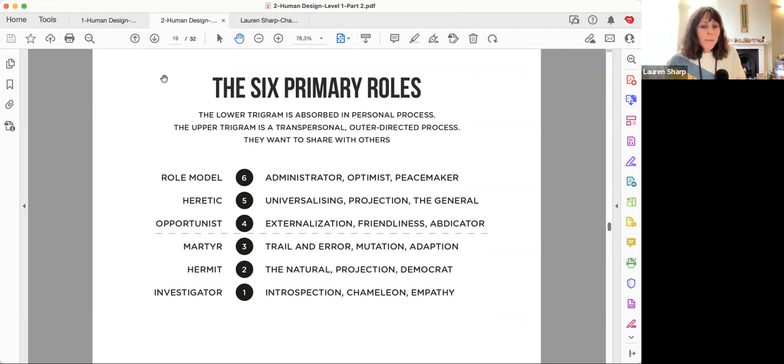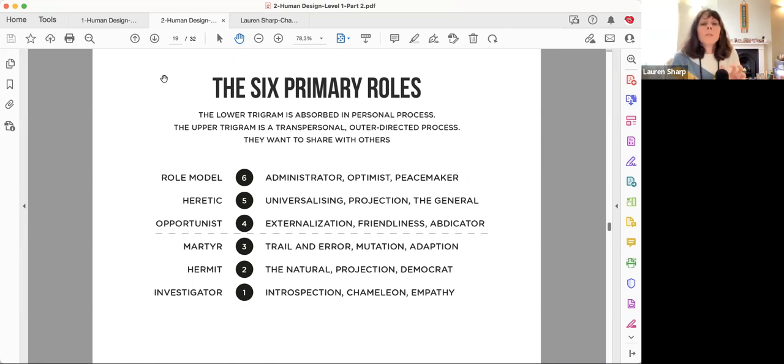It's quite interesting how the upper trigram takes the lower trigram and goes, hey, look at what you're doing. You're doing all these great things. We've got to show people, we have to get you out there, right? So the upper trigram lifts up the lower trigram and says, let's do this, let's show it, let's share. And the lower trigram is like, okay, it's this introspection. There's this trial and error process.